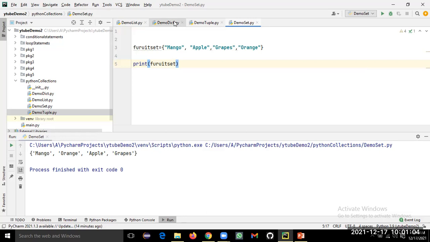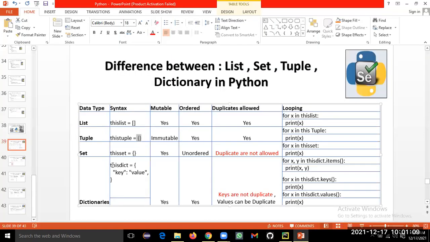But in terms of dictionary, there is something different. We have to add items in the form of key colon value. Key colon value is like account number and account name, or student ID and student name. This is the way we have to store these things.